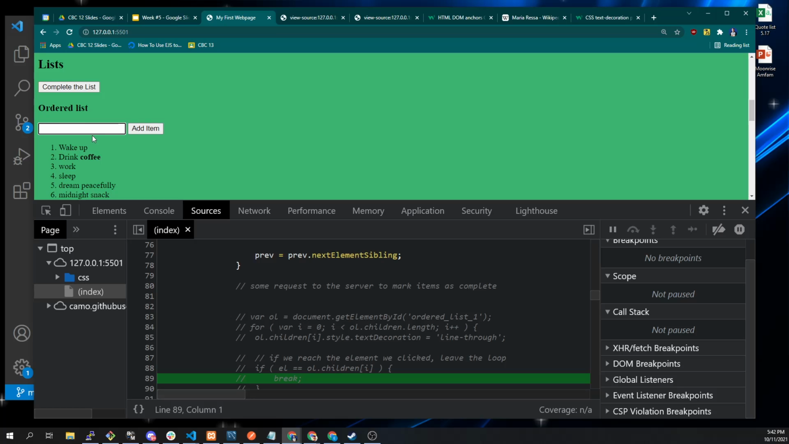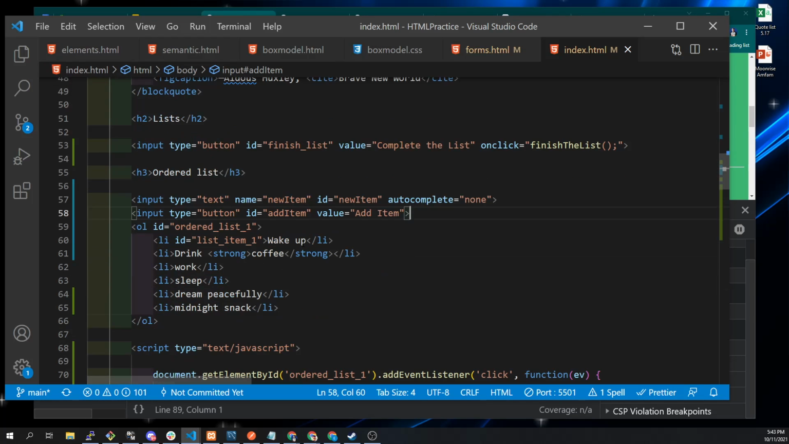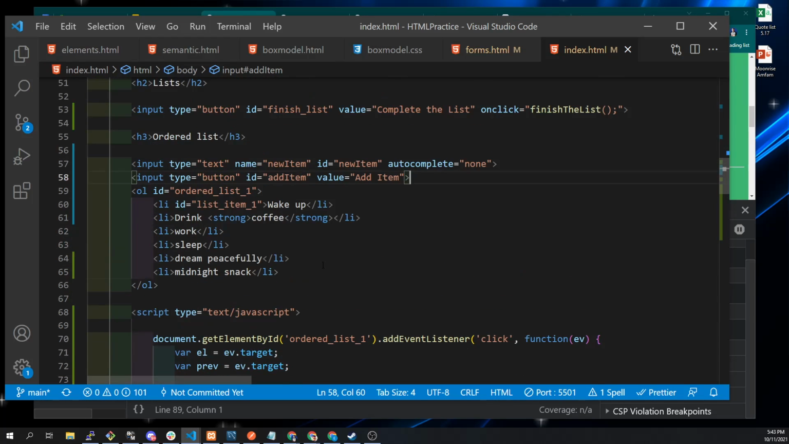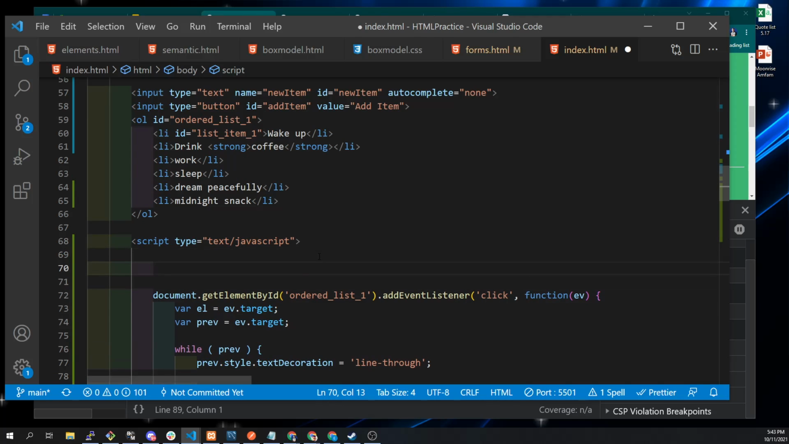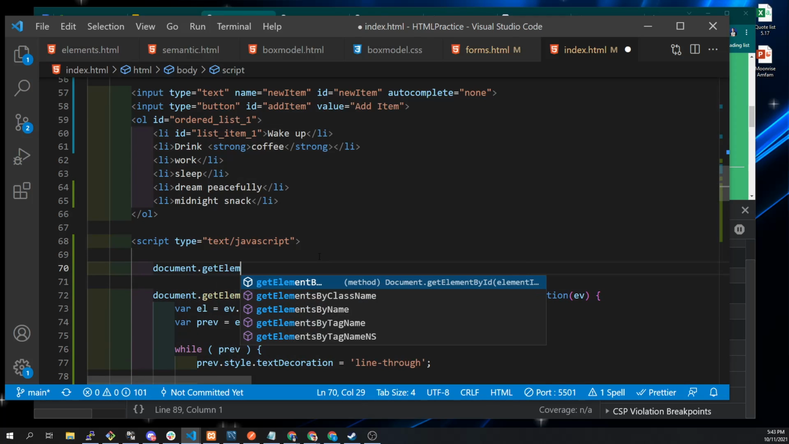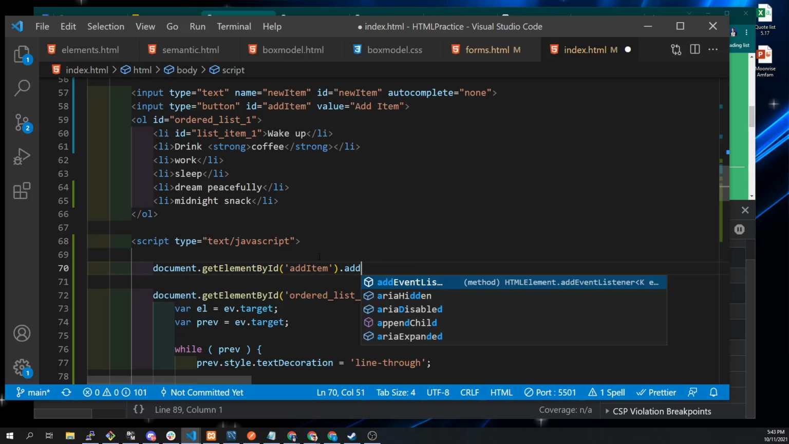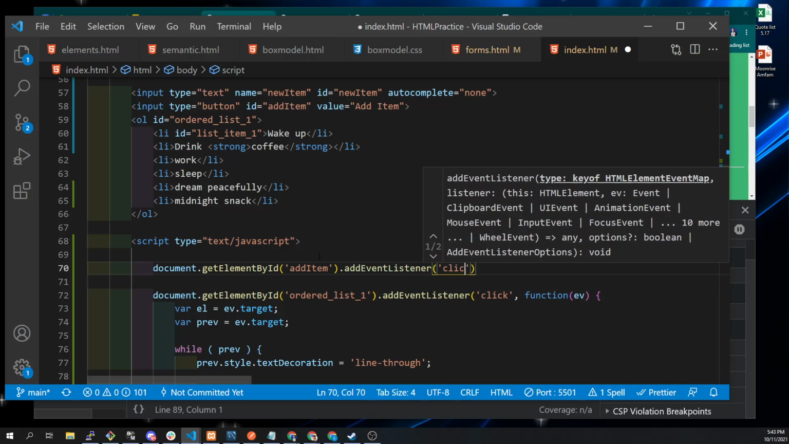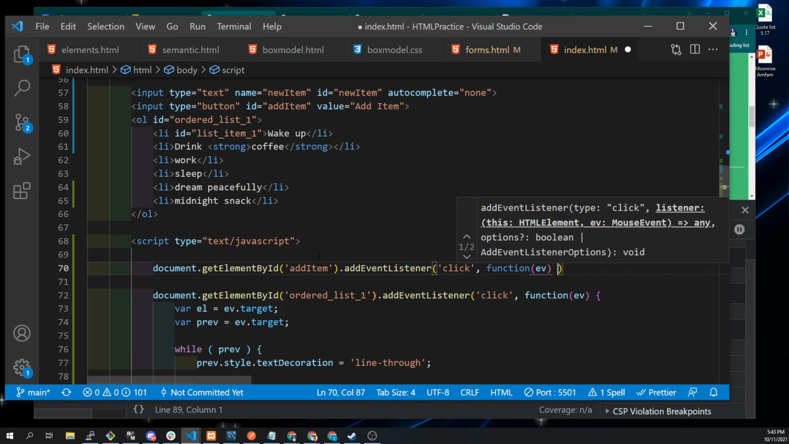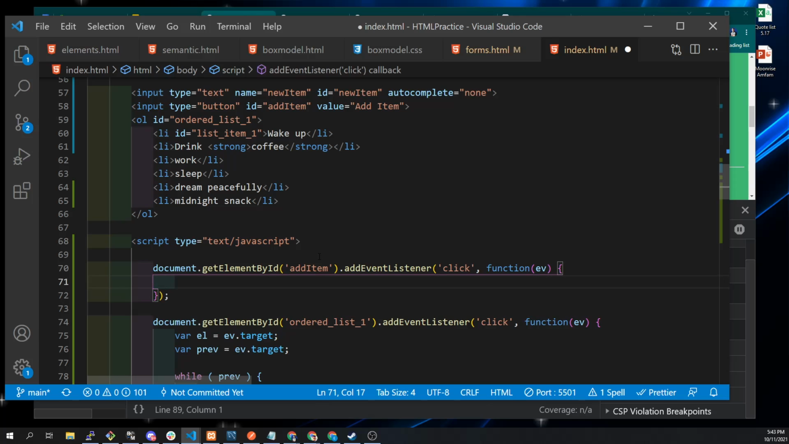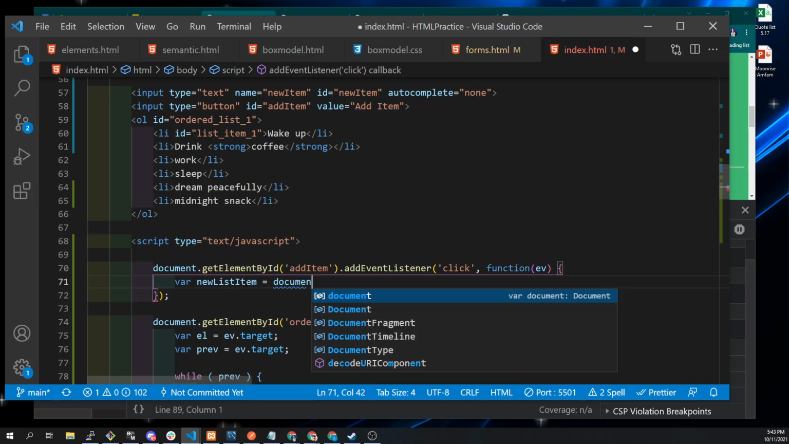Now, we can write this a couple of different ways, but we're going to take a look at the official DOM way to do this. So I'm going to add another event handler in here, just so we can keep playing. Get element by ID, add item, dot add event listener, click, function. I need to get the value of this new item. I can do that here. I can say var new list item equals document.getElementById